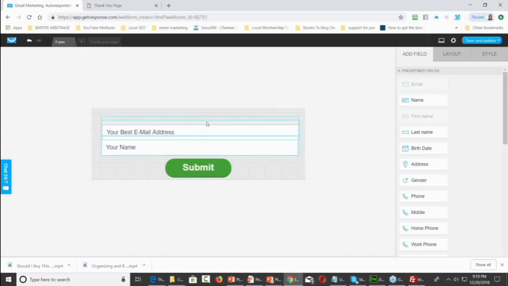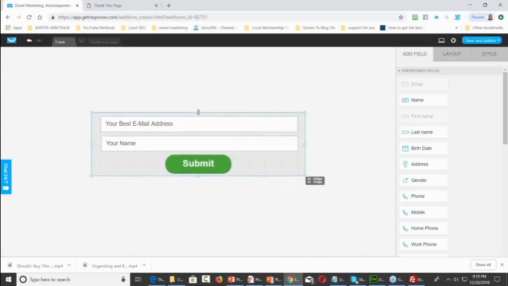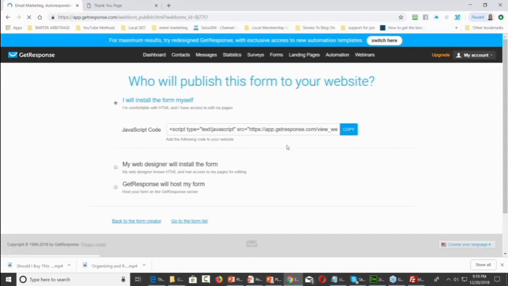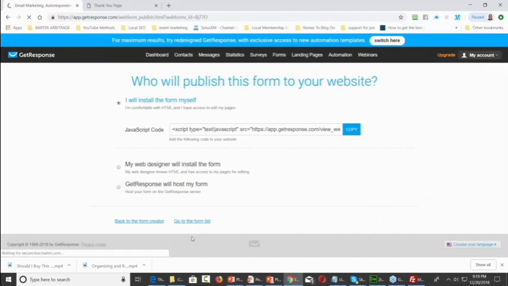Let's pull these on top. Let's bring these kind of close to each other. Let's narrow down our box here. And then let's save it. Okay, so we've got our code here. We've saved the form. Now what we can do is we can go back